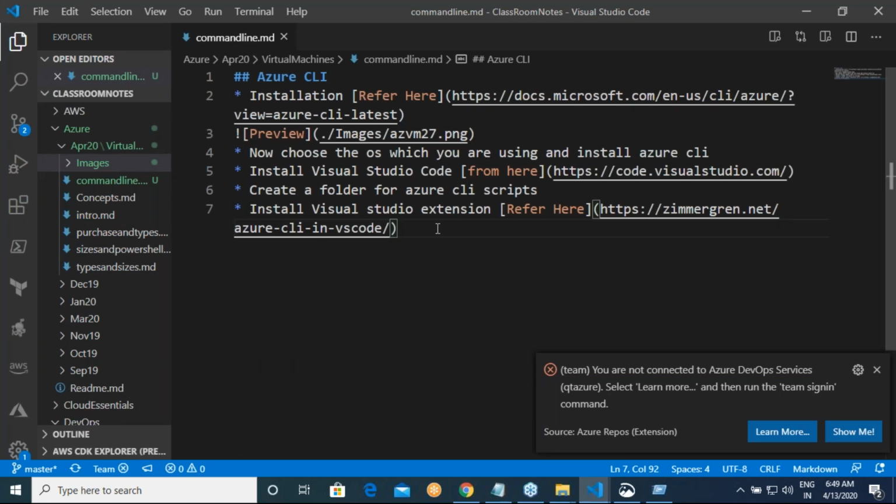So this is your local setup. Azure CLI local development setup. This is a setup you might have in your office, so that you can develop Azure CLI scripts, so that your team can use that for automation. Am I clear on this? Any doubts so far? Most of you might know this already.